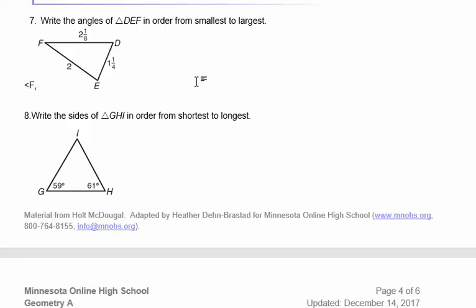And then find the next smallest side, that would be the medium side, that would be 2 for FE. It's opposite angle D. So when you say opposite, that's the side that's not touching it. So this side here, side DE is opposite,